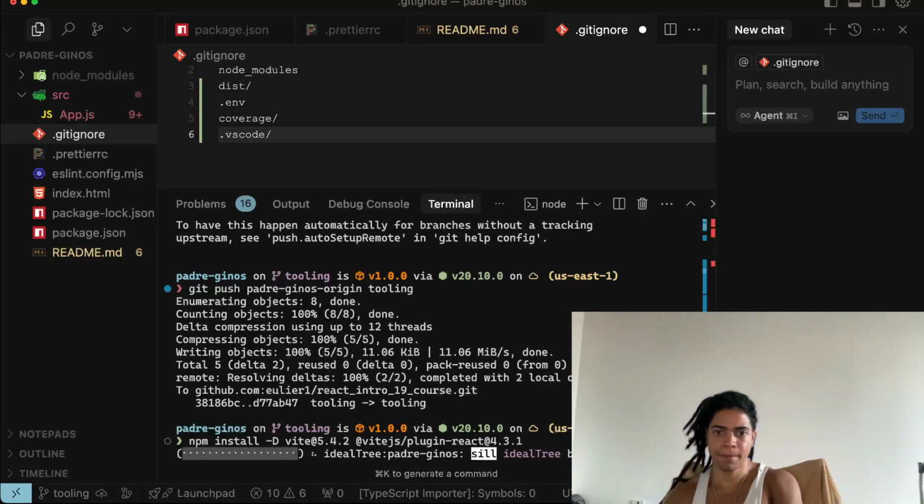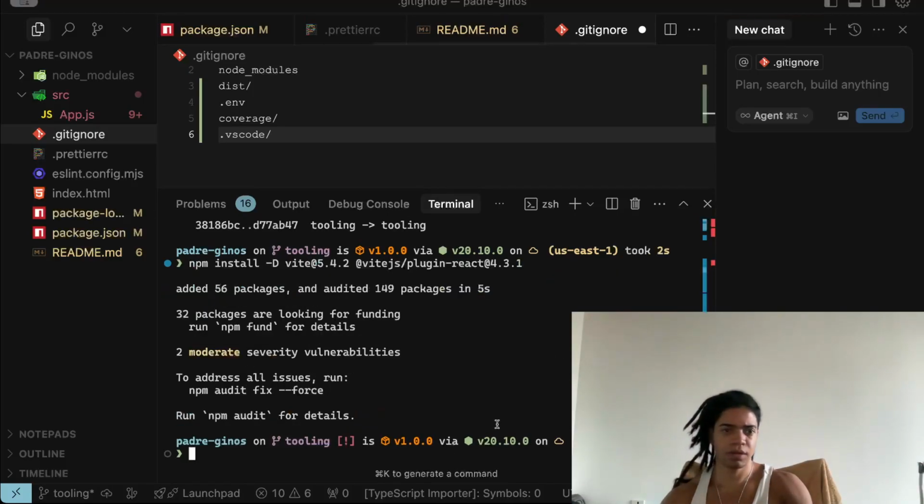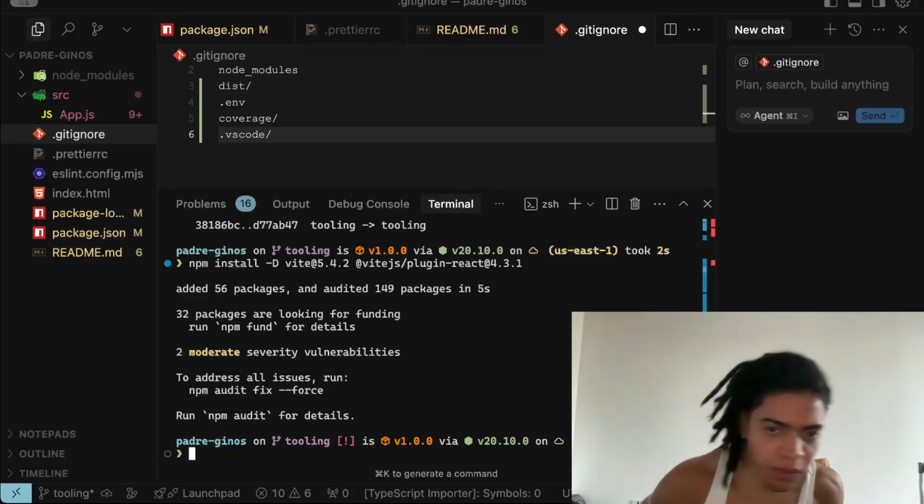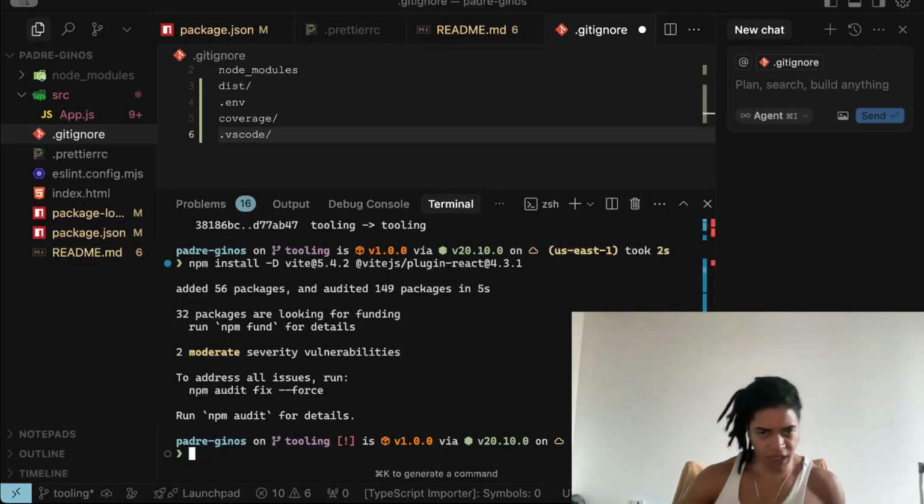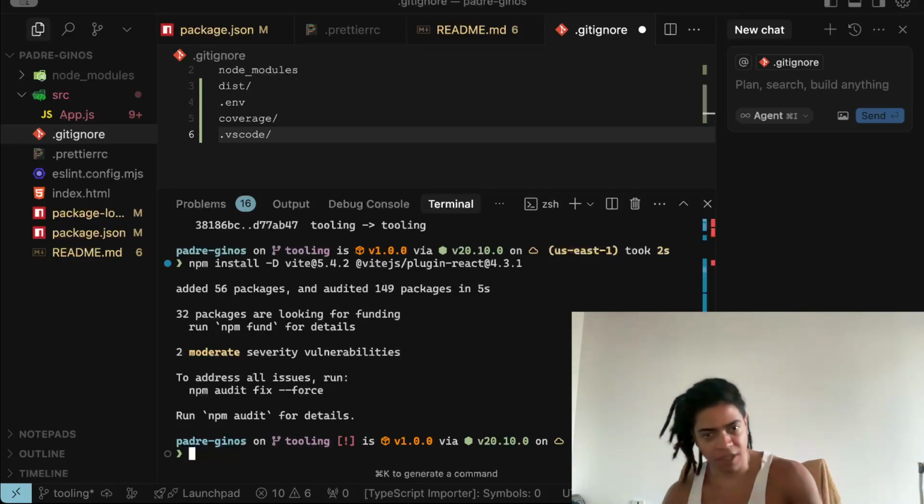So at its most basic, Vite handles most of this stuff out of the box. So you don't really have to configure it very much. The only thing that we have to say is, like, this is a React project. You're going to have to do React type things. And that's it. Okay. So here what it's doing is, after I install Vite and the Vite plugin for React, to let Vite know, hey,